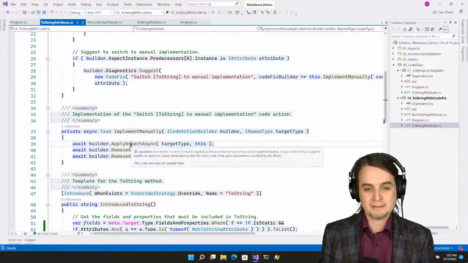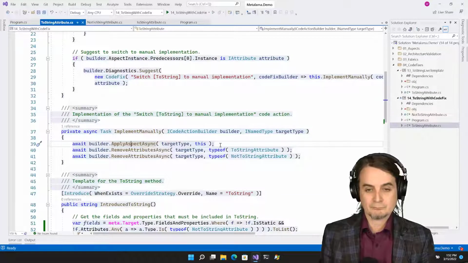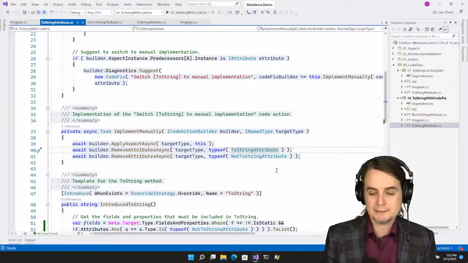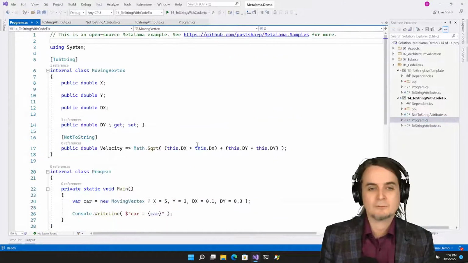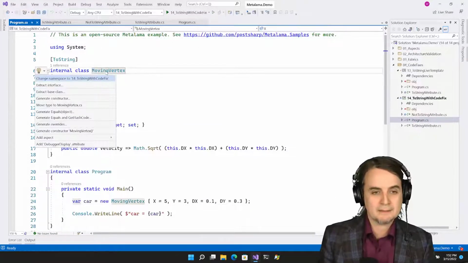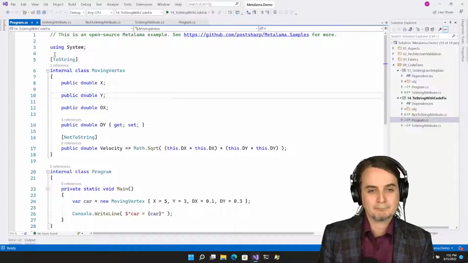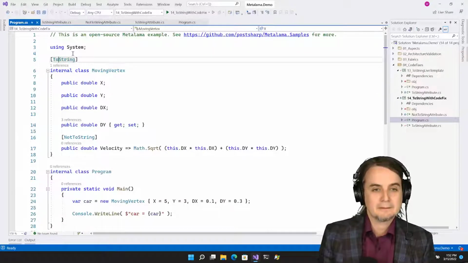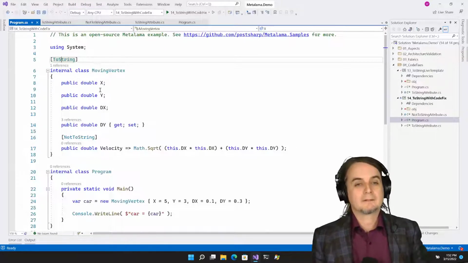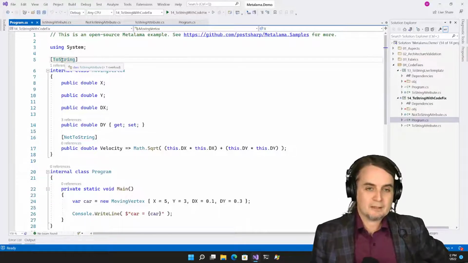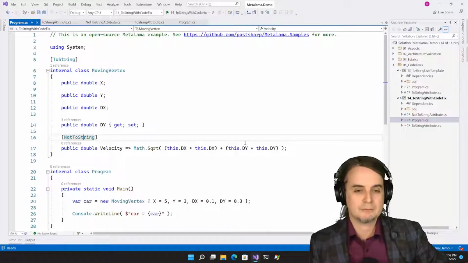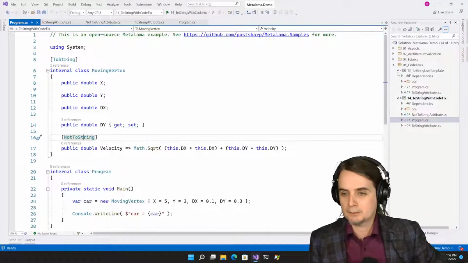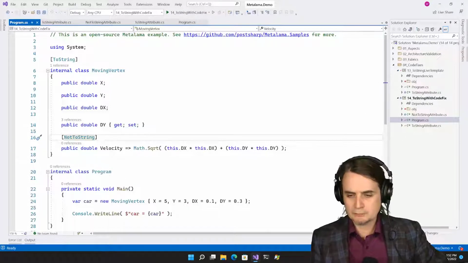The first step is that I'm going to apply the aspect manually to the source code. Then I'm going to remove the ToString attribute, and then I'm going to remove the NotToString attribute. And doing that, I don't know what is broken here. Oh yes, I know. I need to go here. No, it doesn't do it. Okay, but so you would have the action proposed here, and if you do that, it's going to remove the custom attribute here, and it's going to implement the ToString. And that's all I wanted to show.